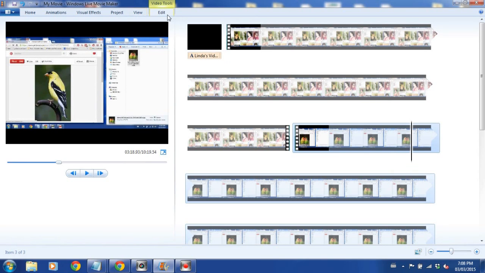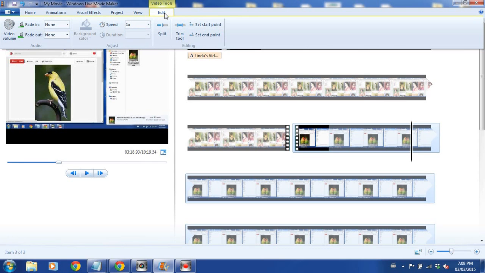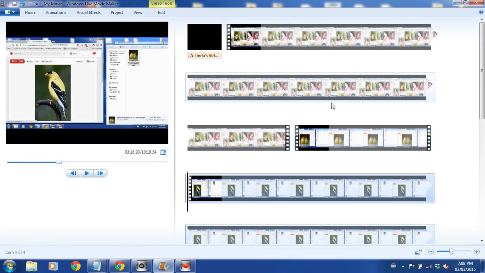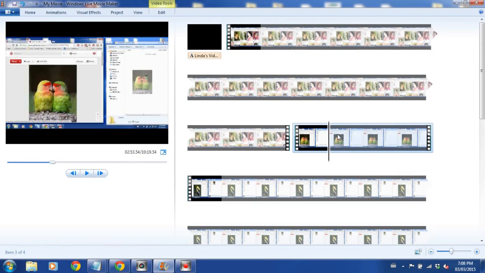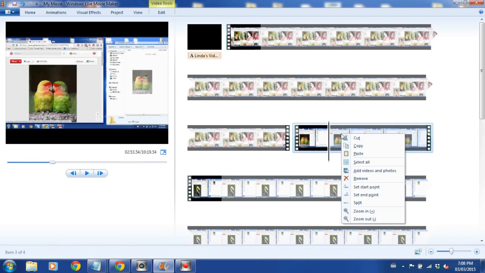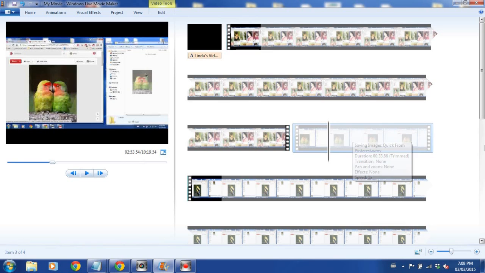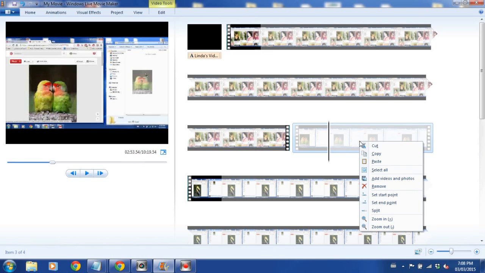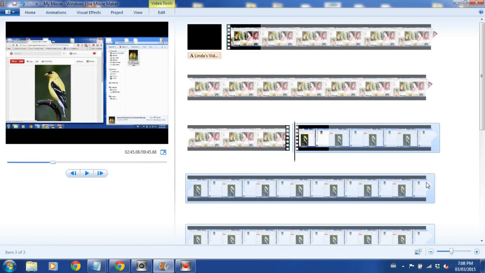So we're going to go back to edit and split it again. Now, I've never done this. I can right click on here and remove it. Okay, right click and remove that whole piece.